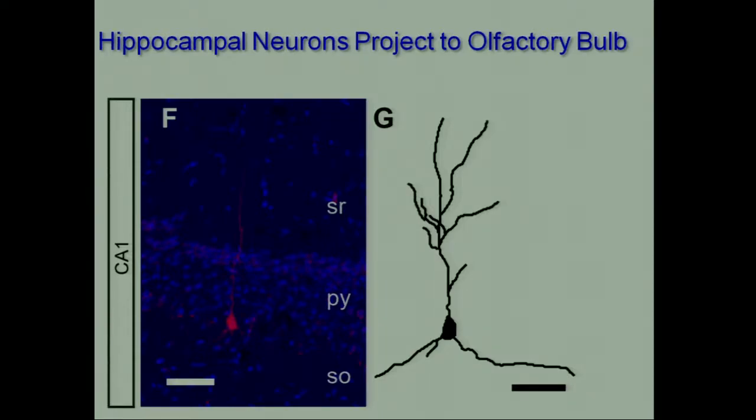But here's a pyramidal cell, a CA1 pyramidal cell. Now, who would have guessed that this pyramidal cell, at the very top level of analysis, is projecting all the way back to the first level, back into the olfactory bulb? What's going on? Well, we can get some clues by looking at behavior.